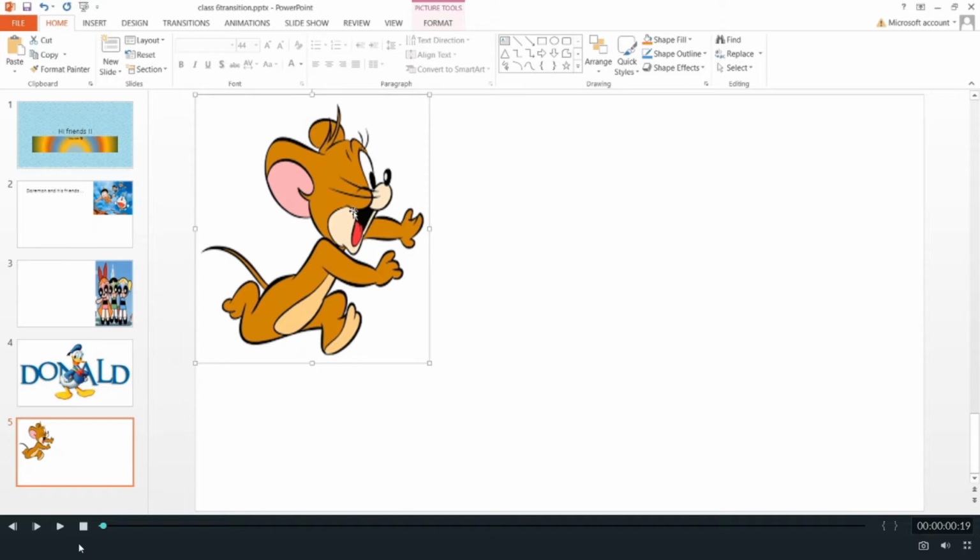So I hope now it is clear that when the slides come one after the other, the way, the style, the effect you apply on those slides all together, that is called transition effects. Whereas within the object, when there is a motion or some animation in your slide, that is called animation effect.